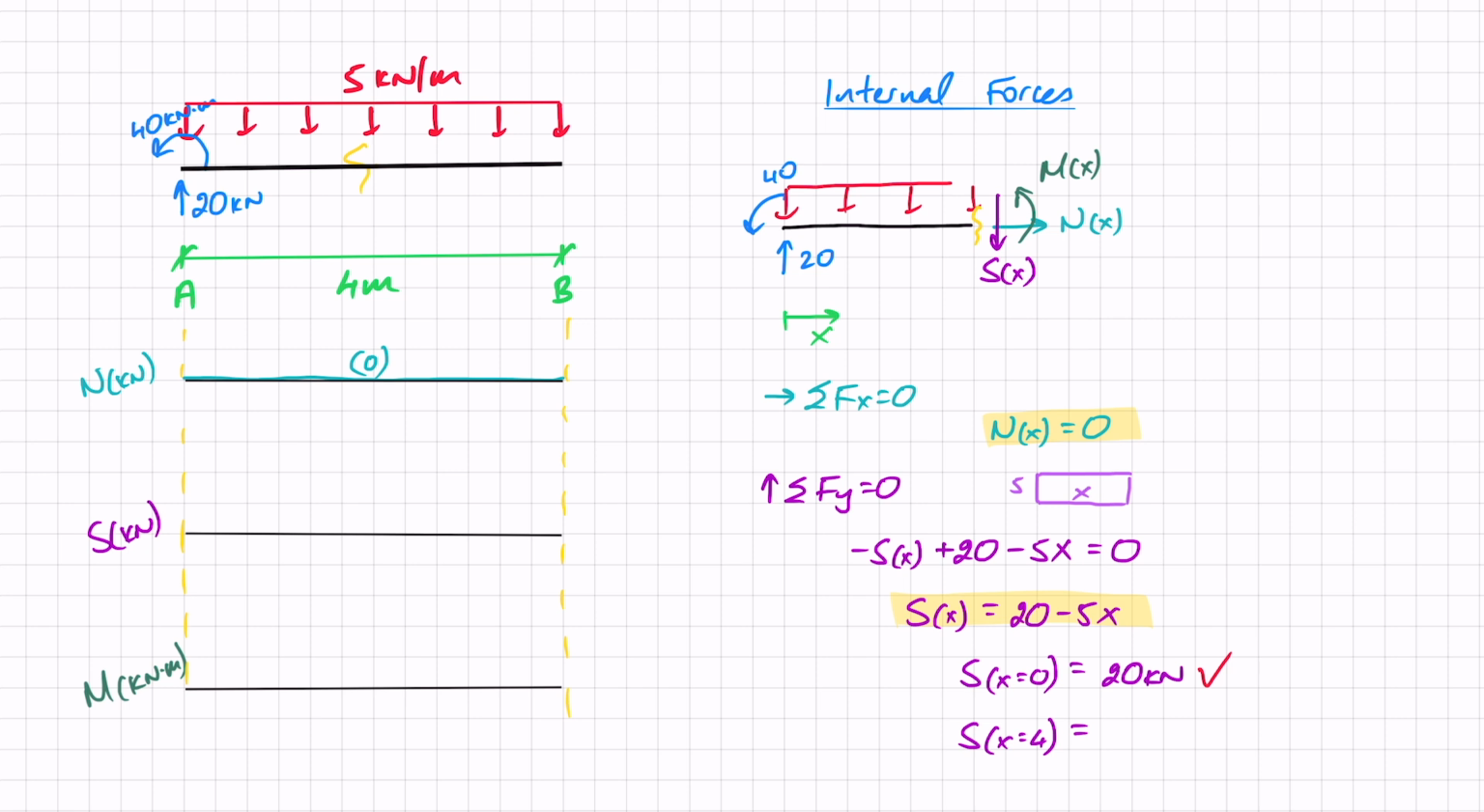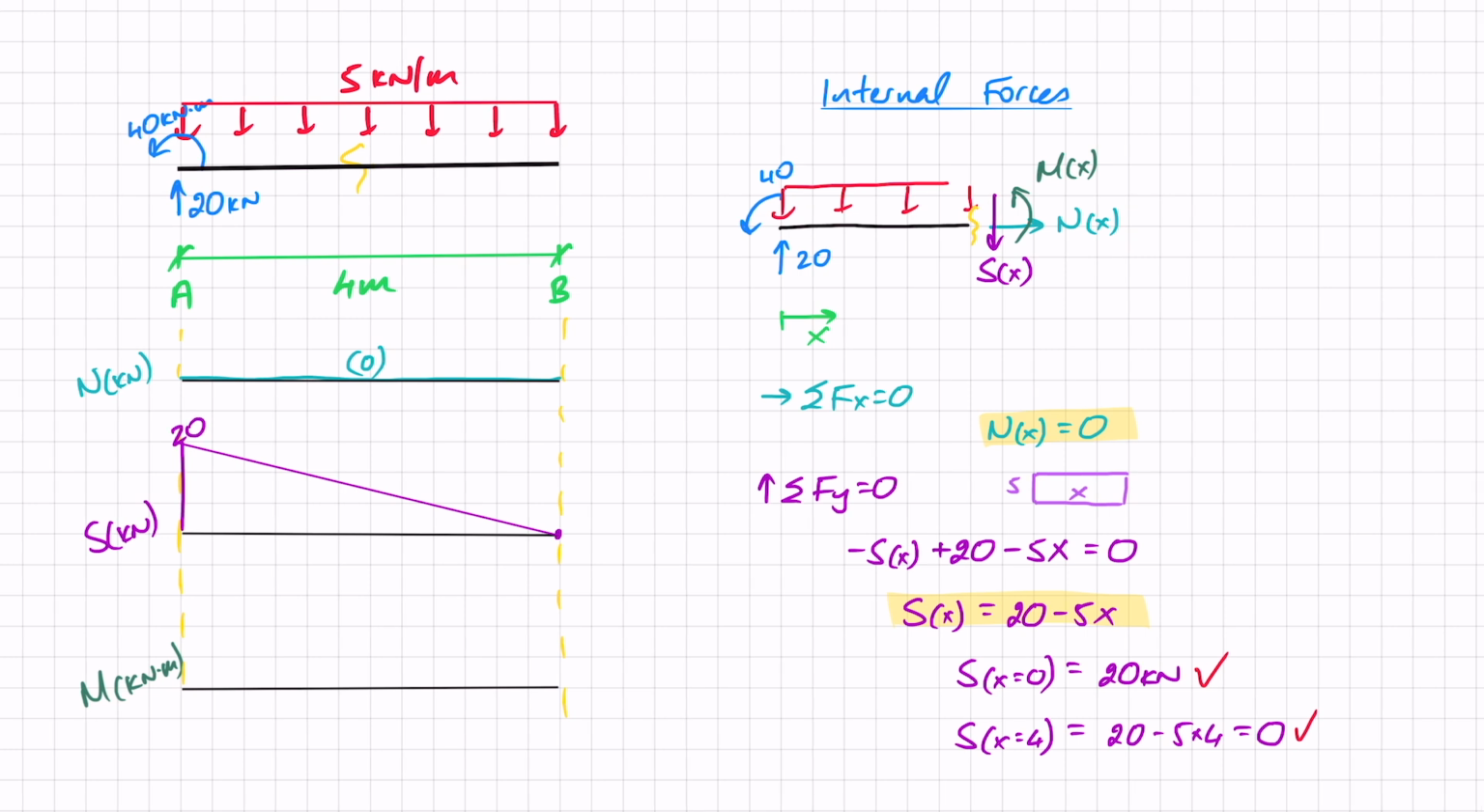When x equals 4, I get 20 minus 5 times 4, so 20 minus 20, that gives me 0. And once again, that makes sense, because when I'm standing at point B, that UDL hasn't started to influence yet. I really have 0 shear at B. And so I can now straight away draw on 20 here, 0 here, and as we already mentioned, this is a linear line, and therefore it'll look like this,